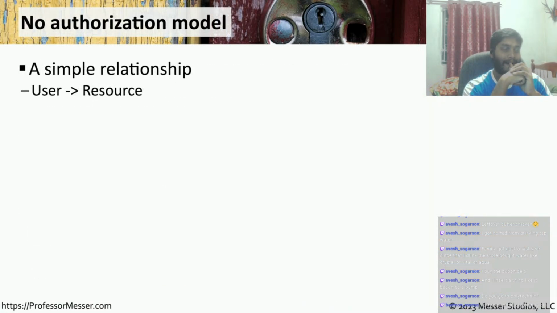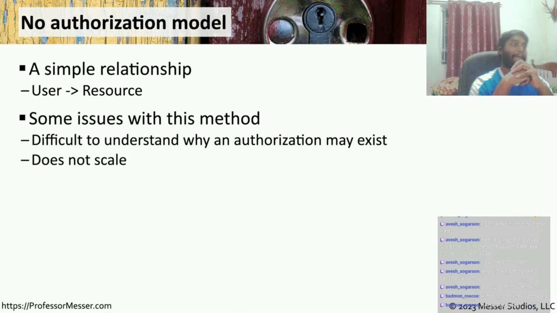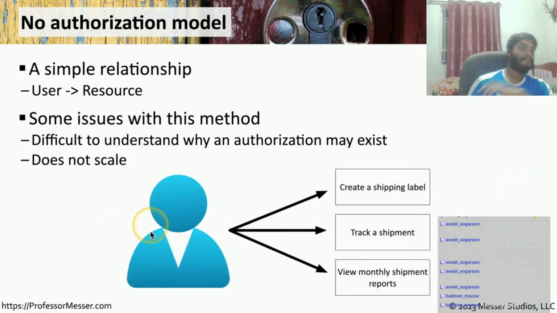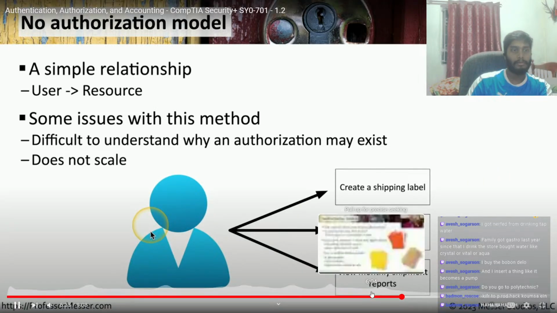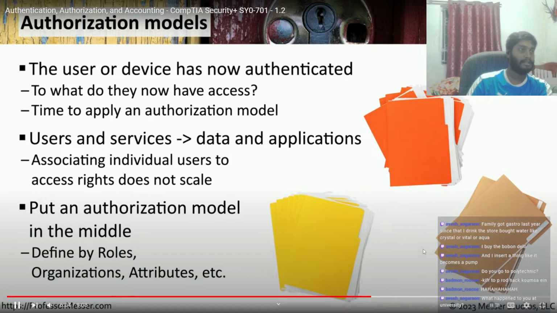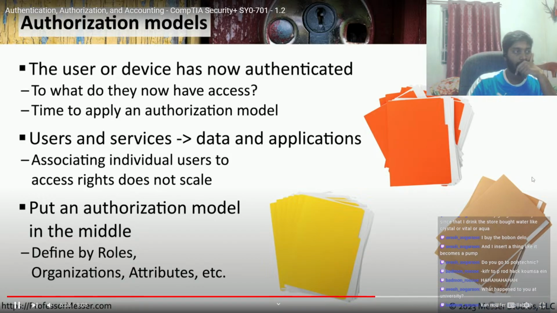Let's say that you had no authorization model at all. We would create a series of rights and permissions where the user has rights to access the resource. The problem is that this doesn't scale very well. Let's take an example of somebody in the shipping and receiving department. This is someone who needs access to